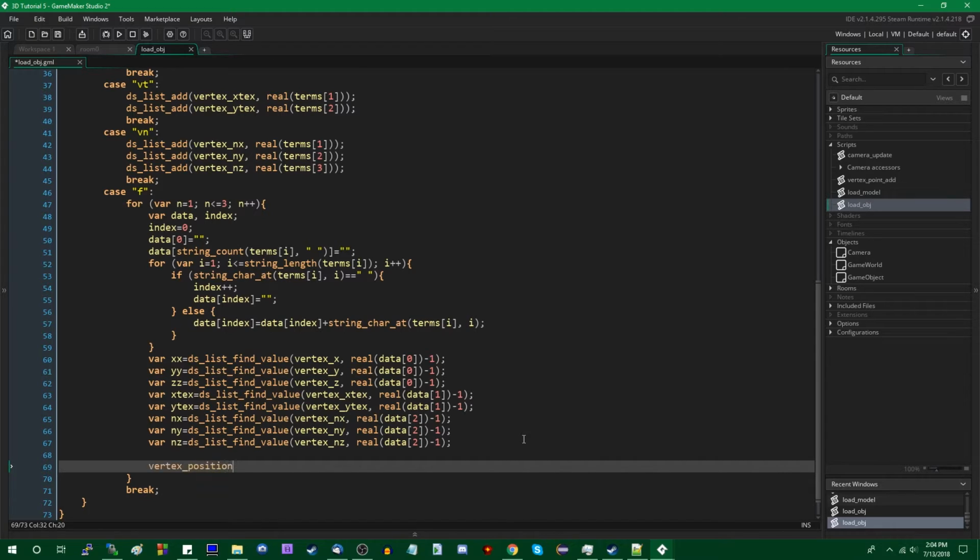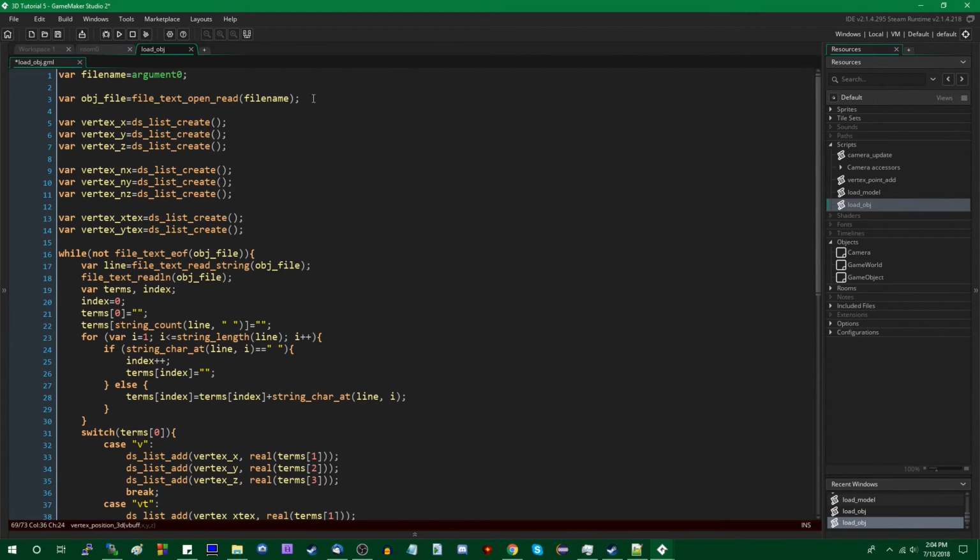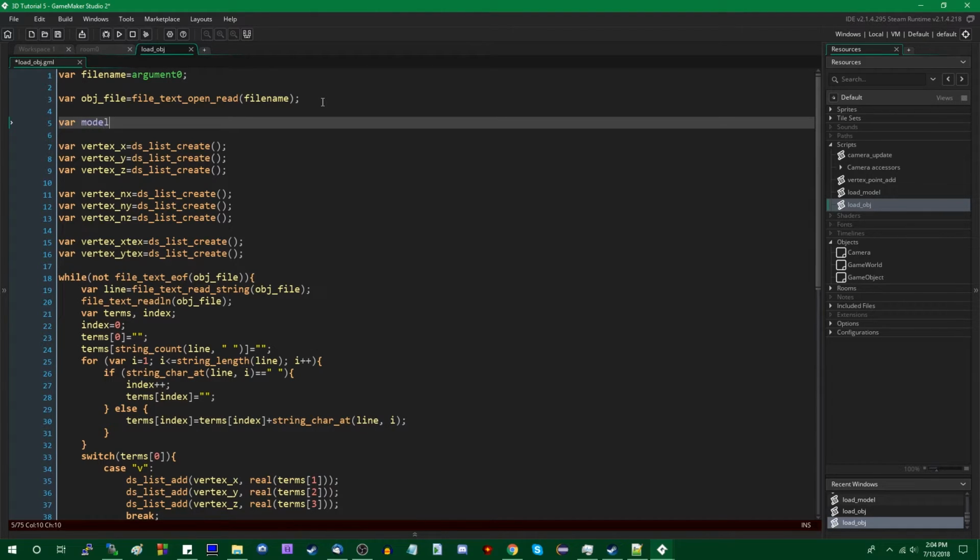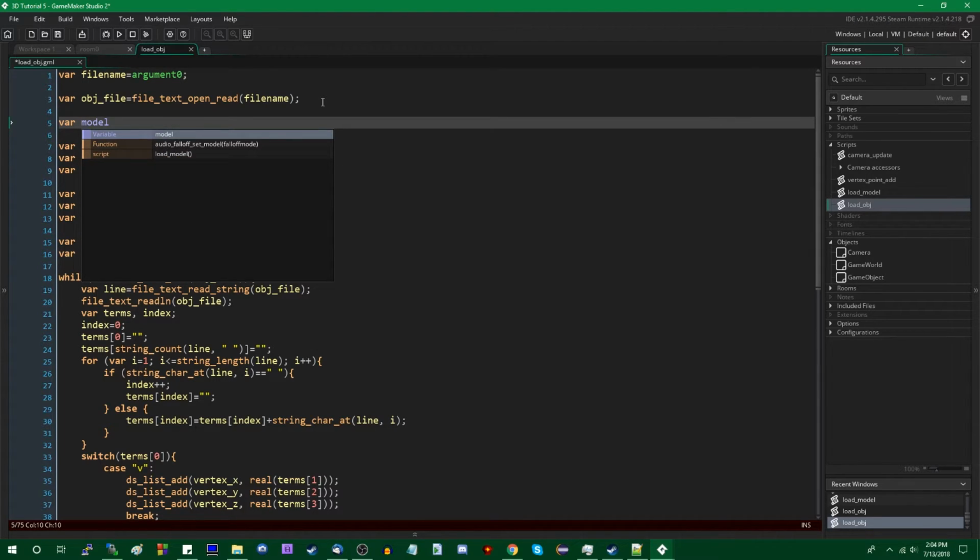vertex position 3D, I'm going to need to actually create a vertex buffer. You can use a D3D model if you're using GameMaker 7 or 8 or Studio One or some earlier version of GameMaker, but I'm going to be using vertex buffers here.